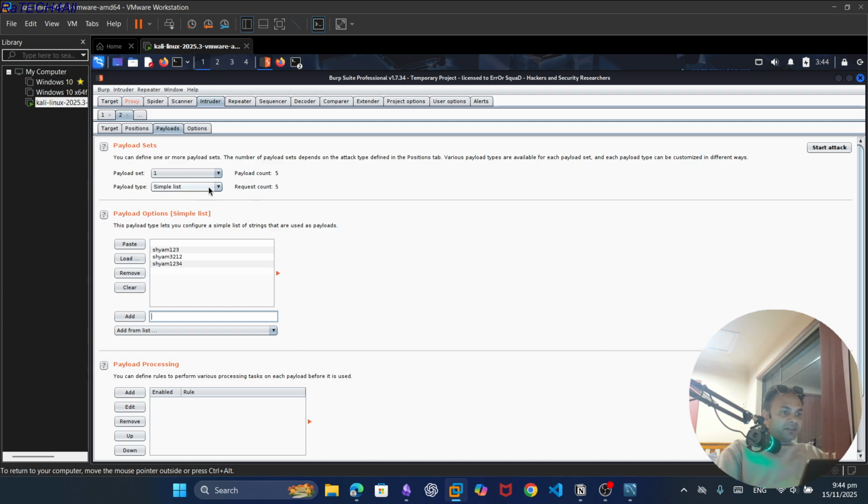There should be somewhere here, I cannot find it right now, but there should be. Brute force. What is the password here? Not username generator, I don't need that one. For password,